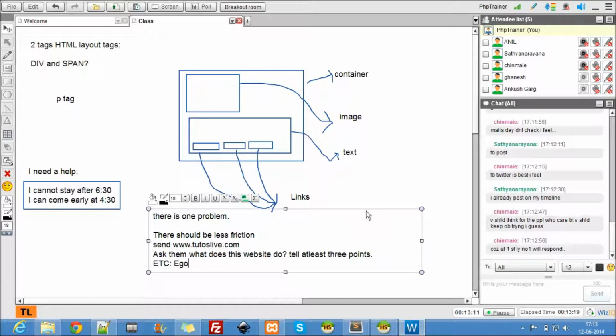So what exactly is ego? Suppose Chinmay says, I know how to design web pages. Do you also want to know about it? Then people who like Chinmay and people who hate Chinmay have two reactions. Hey, Chinmay is learning something, why can't we click on it too? Or, oh, Chinmay is saying she made a website, why can't I do that too? That's called the ego factor. That's the reason people play games: they have ego, they want to go to the next level.